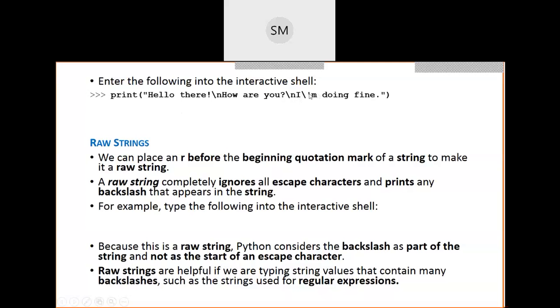So I'm doing fine, and here in I'm, instead of writing am, we have just used one apostrophe as a single quote. So when Python looks at this single quote, it just escapes this single quote. It means that it understands that this single quote is a part of the string. So the expected output will be like this: hello there, how are you, and at last it displays I'm doing fine. So today I give you homework on this third